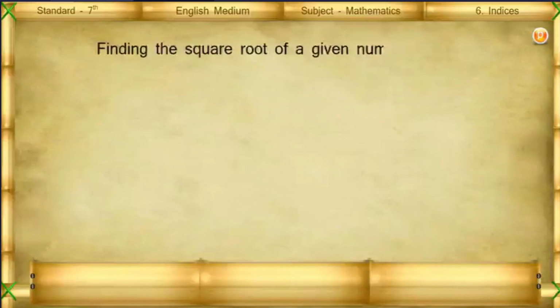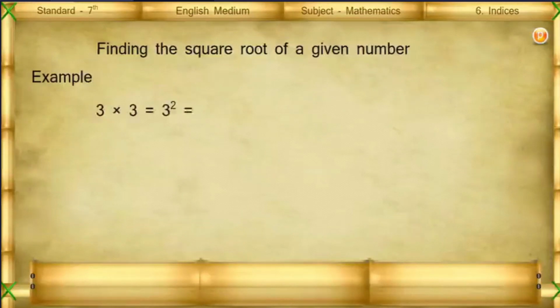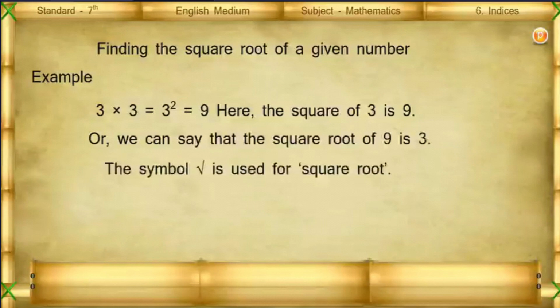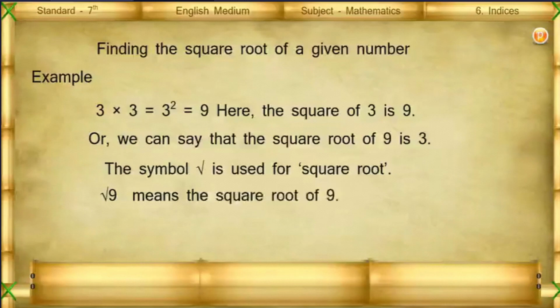Finding the square root of a given number. Example, 3 into 3 is equal to 3 square is equal to 9. Here, the square of 3 is 9. Or we can say that the square root of 9 is 3. The symbol under root is used for square root. Under root 9 means the square root of 9. Therefore, under root 9